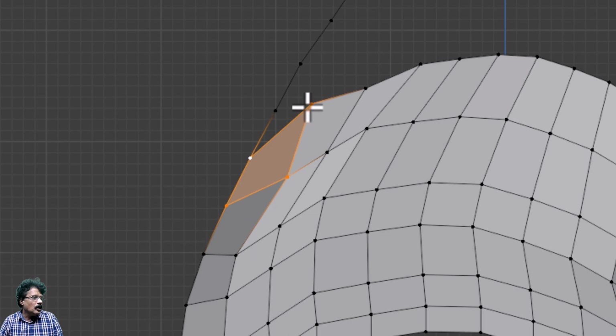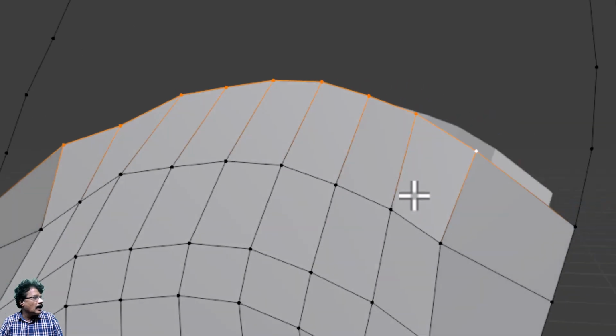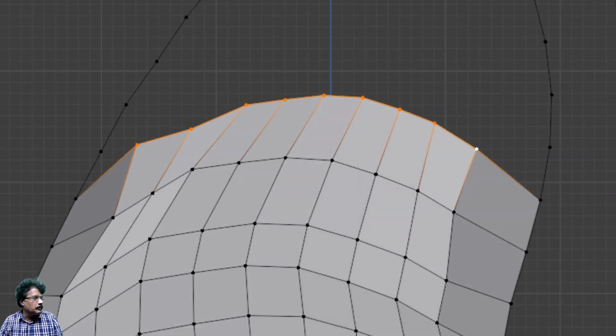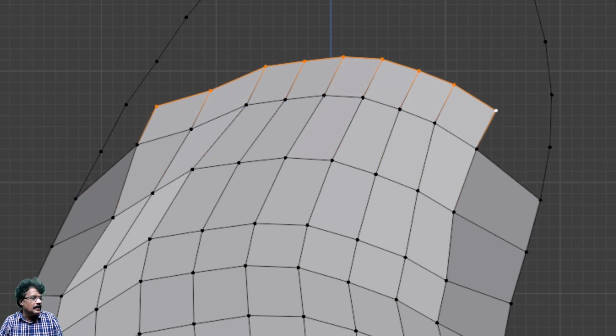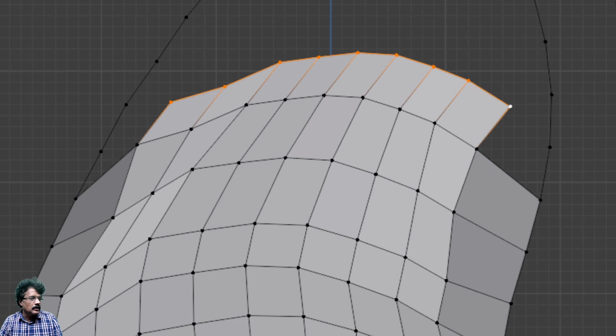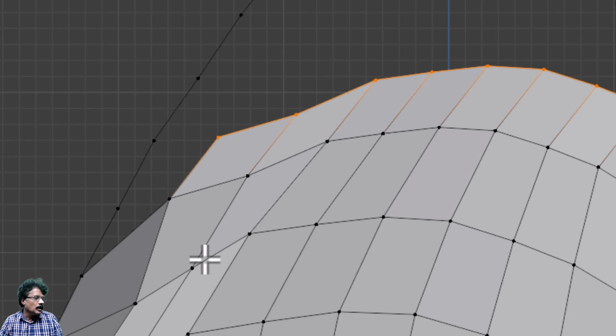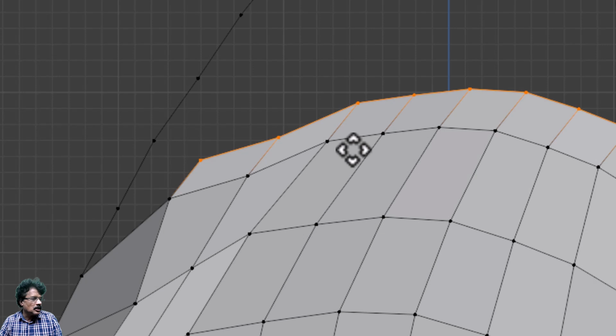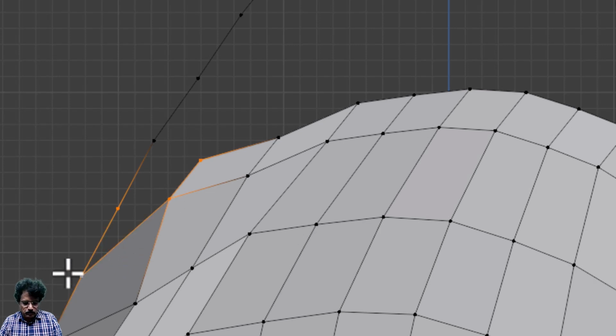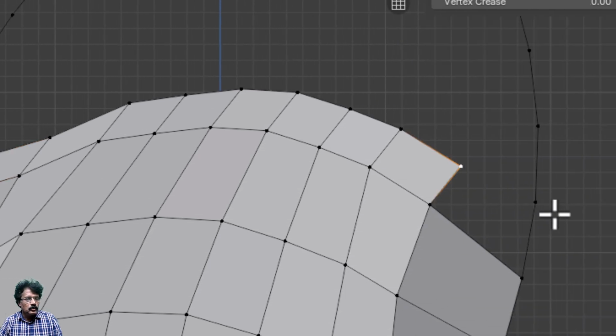Okay. So now I will again click from here to here, and I will press 3 and come into the front view, and I will just extrude it again a little like this and move it out like this. Now here I am missing one cycle, so what I will do is press G and slightly move it down, and I will select these 4 vertices,